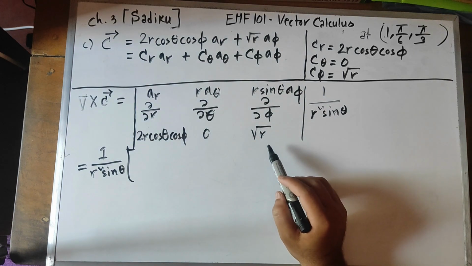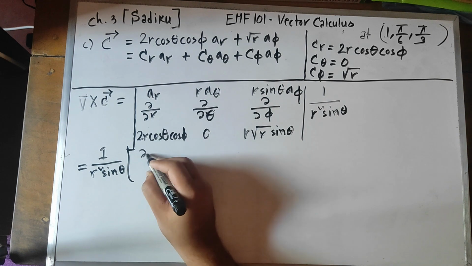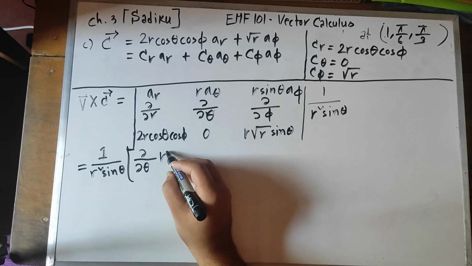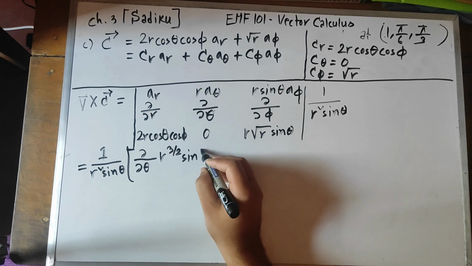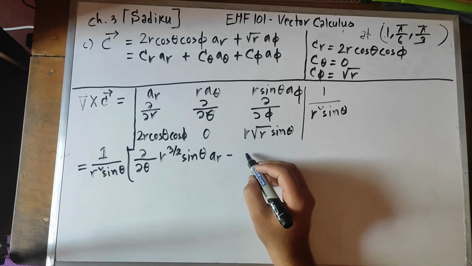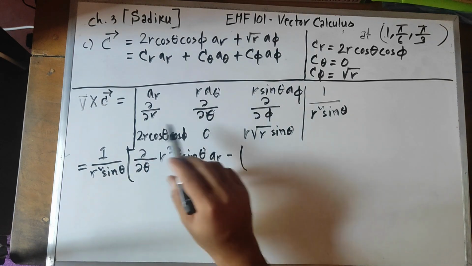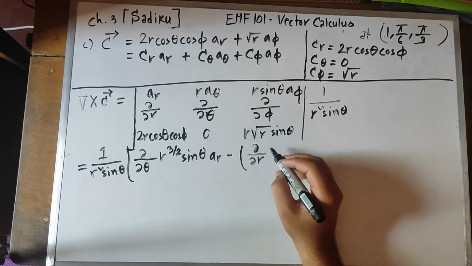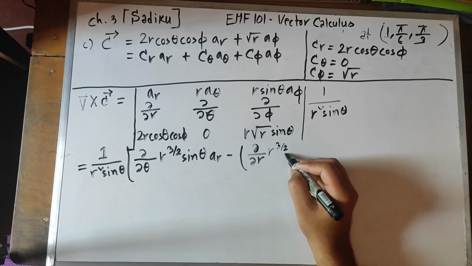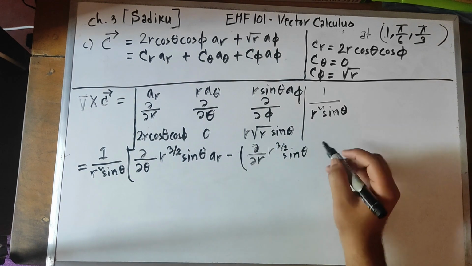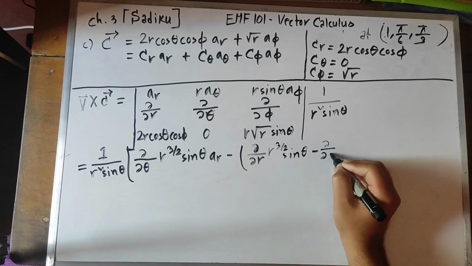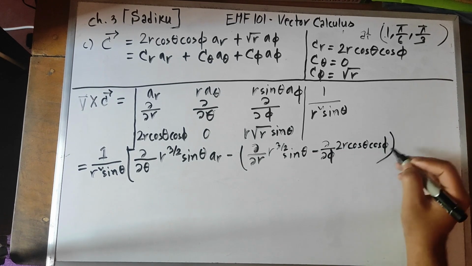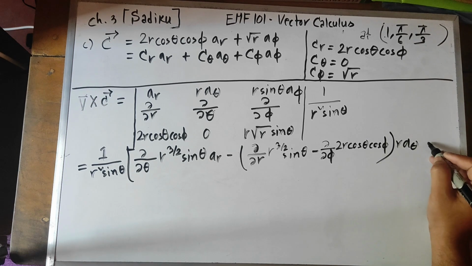But this is root r, so partial differentiation with respect to theta of r 3 by 2 sin theta, in the direction a r, minus, so here del r of r 3 by 2 sin theta, minus partial differentiation with respect to phi of 2r cos theta cos phi r a theta plus